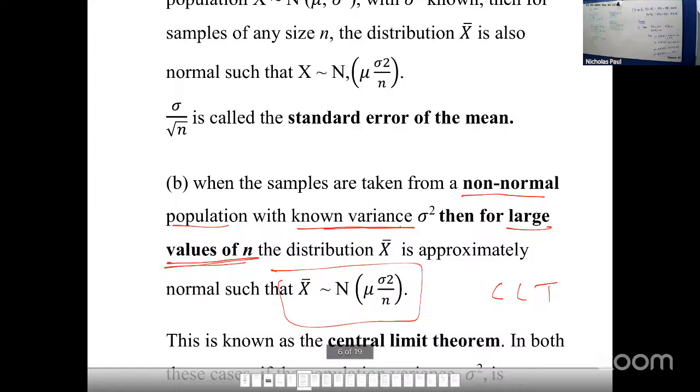Nice. So copy down that little piece. Copy down part B. When the samples are taken from a non-normal population,